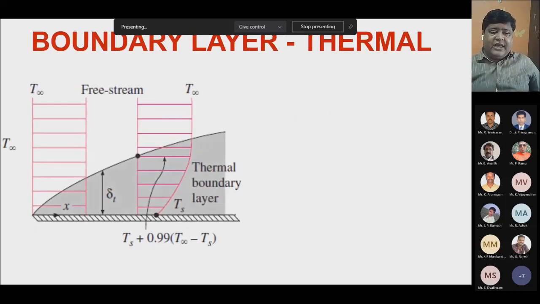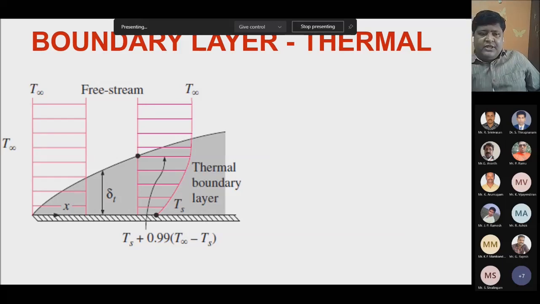The thermal boundary layer: as in the velocity boundary layer, where there is a no-slip condition, here there is a no temperature jump condition. So if a surface is at a temperature of T_s, the layer of fluid close to the surface will be at T_s, the same temperature, and you can see the velocity profile and temperature profile there. In the temperature profile, the temperature close to the surface is higher, or in this case, if T infinity is higher and the plate is lower, then the temperature at the surface will be lower.